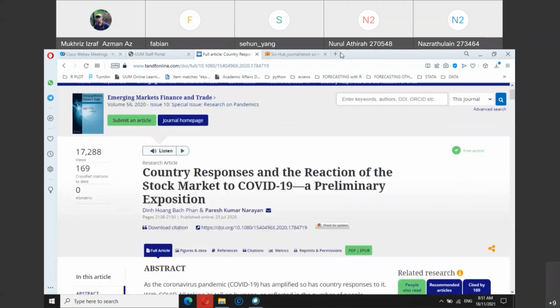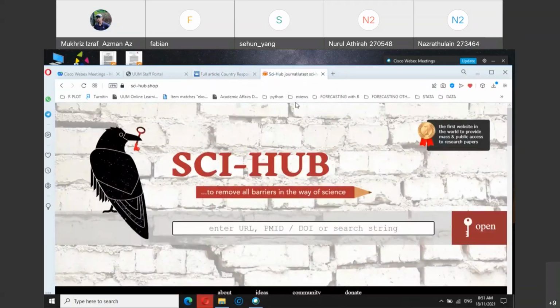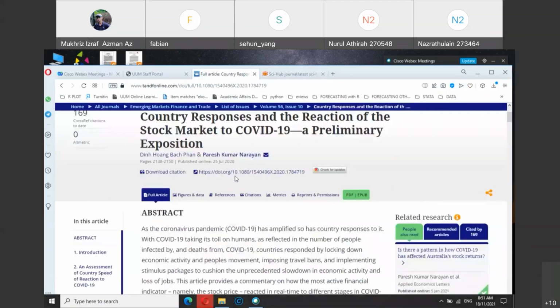If that is the cause, and you still want to access the article, one way to get around this limitation is by using Sci-Hub. I've given you the link before. You can go to Sci-Hub and extract the DOI. Any journal article should have the DOI displayed on the front page of the article. The DOI is the address, or the unique passport, or unique IC, with which you identify the article. This is like the birth certificate of the article.